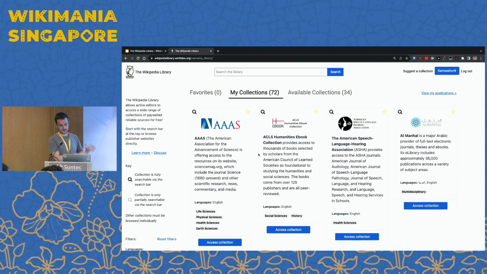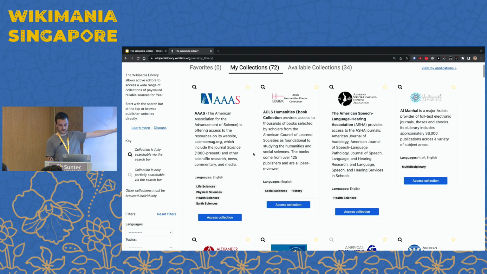You're in what we call My Library, so this is all the content that's available to you. The first tab that you start in is called My Collections, and anything that you see here in this My Collections tab, you can get access to right away. No further questions, don't need to do anything else, don't need to ask us for anything. You can just start accessing this content. So, for example... Depends what is